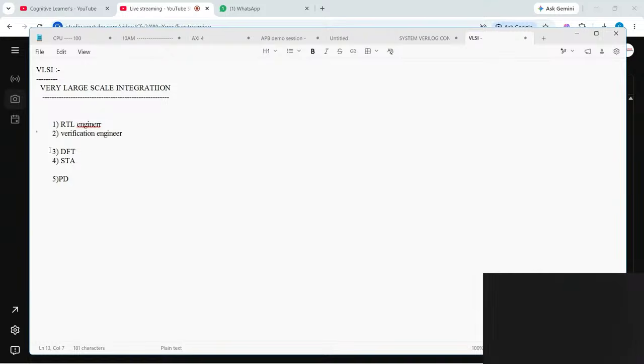Suppose, for example, everyone is familiar with back end and front end. First we take front end and back end. What is front end? Some of the students already know that the jobs under front end are DV, design and verification.